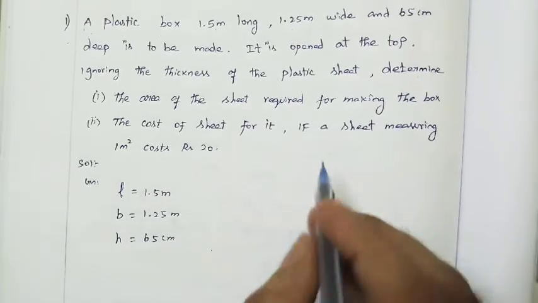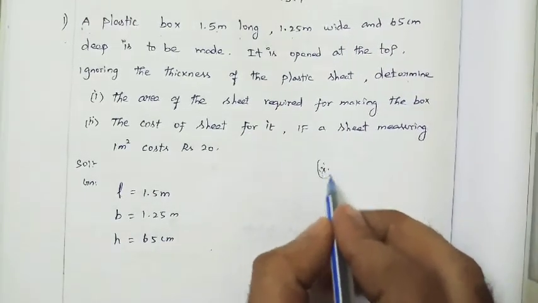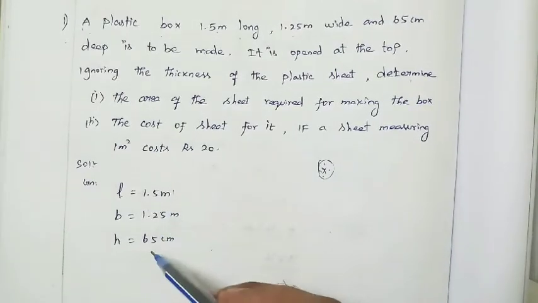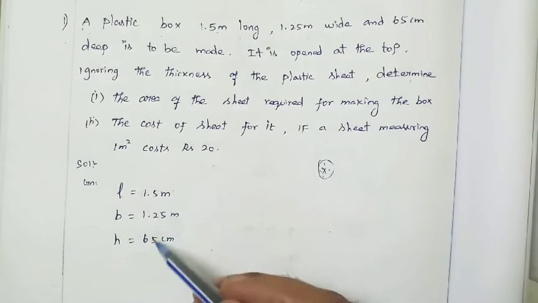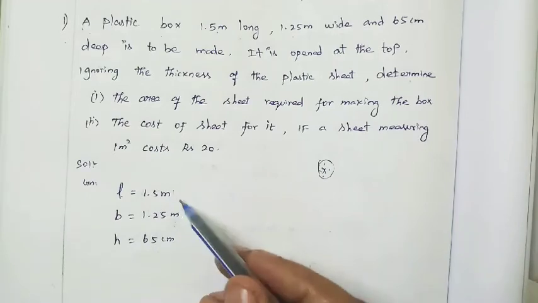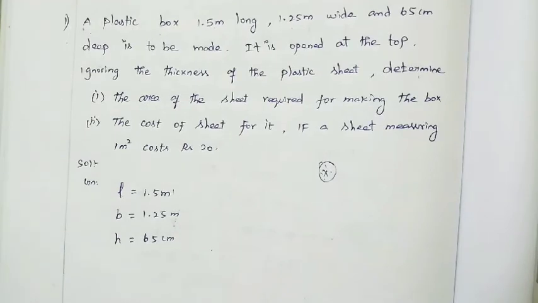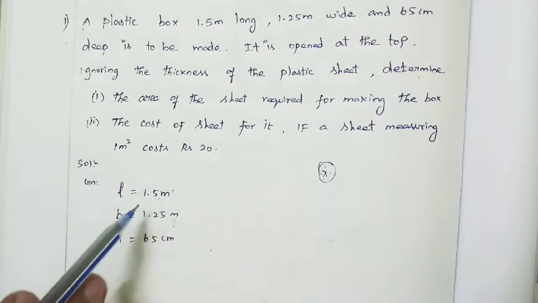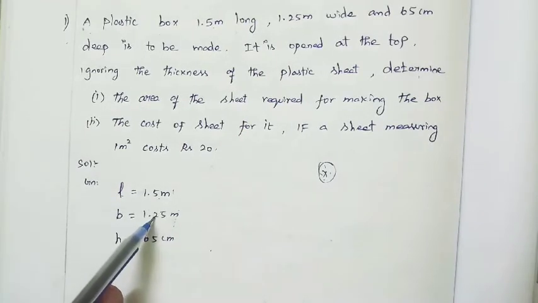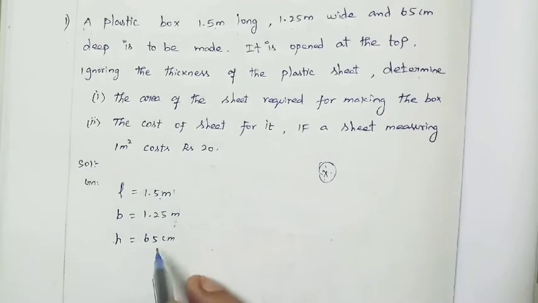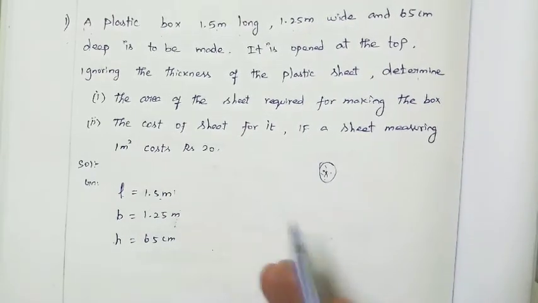And moreover, this is a very important thing, just keep it in your mind whenever you are solving, right? The length, the breadth and height, all the measurements, all the dimensions should be in the same units. If it is not so, we have to convert to the same units. Here length is in meter, and breadth is also given in meter, but see the height, it is in centimeter. So better you change all the terms to centimeter or meter, whatever it may be.